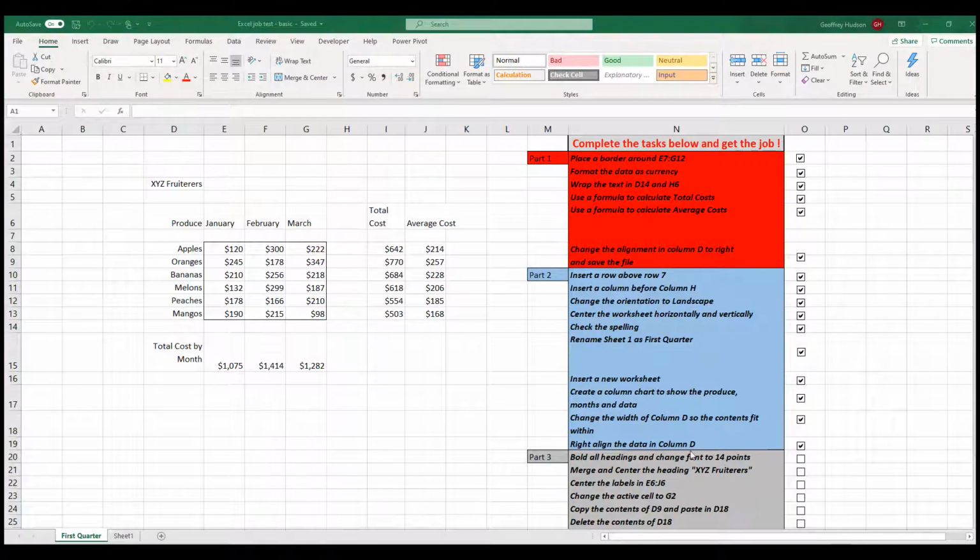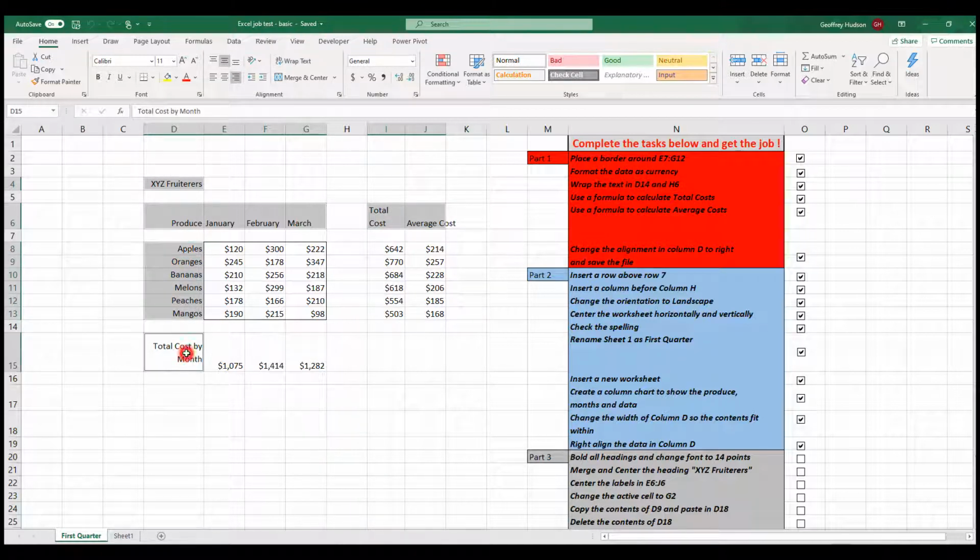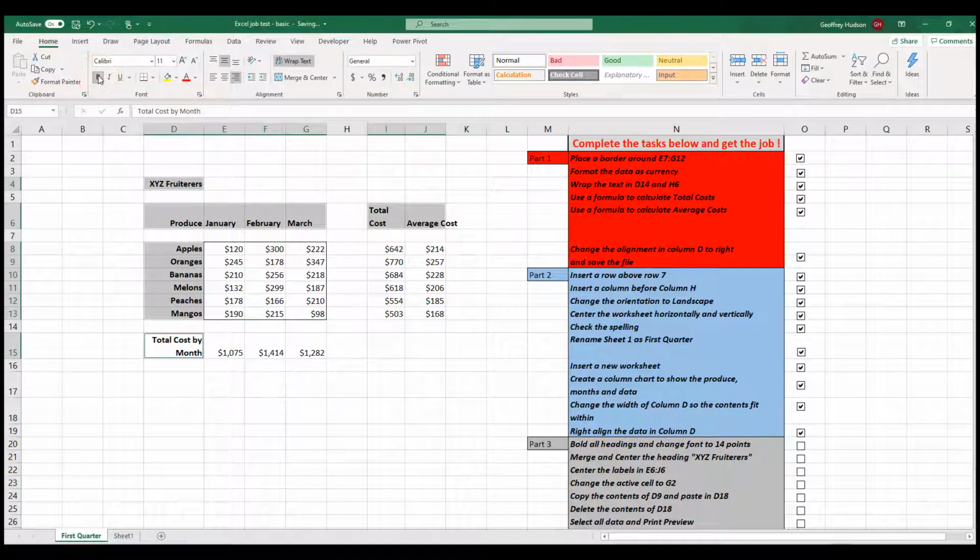So what we're going to do here is to click on the first cell, hold down the Control key, drag through those headings, drag through those headings, drag through those headings, and one final click, and I did all that whilst I was holding down the Control key. Now we're going to go to the Home tab and click the bold button, which will bold all the